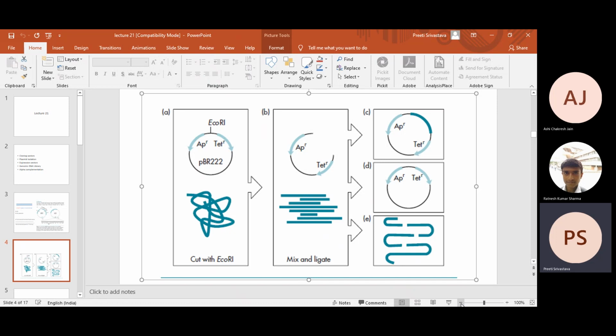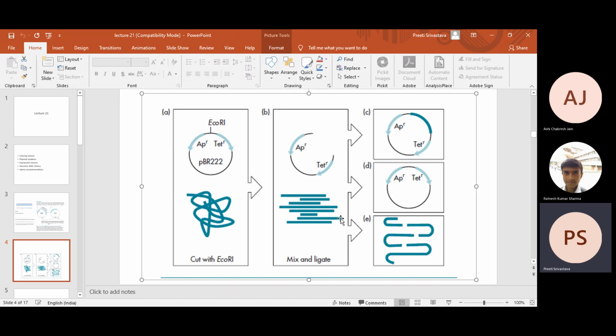On the other hand, the ligase from bacteriophage T4 is very efficient. So the ligase that is commonly used for routine cloning purposes is T4 DNA ligase. This can ligate the two fragments or two inserts. So in this case, this is the vector pBR322 cloning vector digested with EcoRI. So you see it has linearized now. And this is the genomic DNA which is digested with EcoRI, which is giving you different sized fragments.